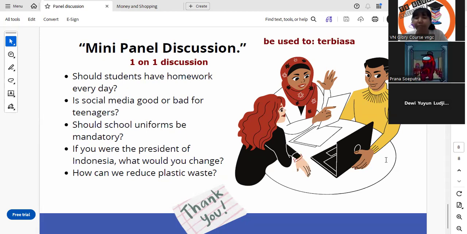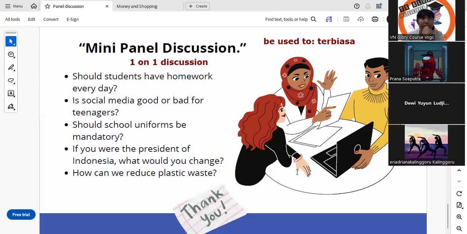In my humble opinion, I would like to establish uniform banks. These banks consider and care about the people who don't have uniforms. They are helped by the community and people who are willing to donate their old school uniforms to the poor. Okay. Yes, that's good. That's a good idea.